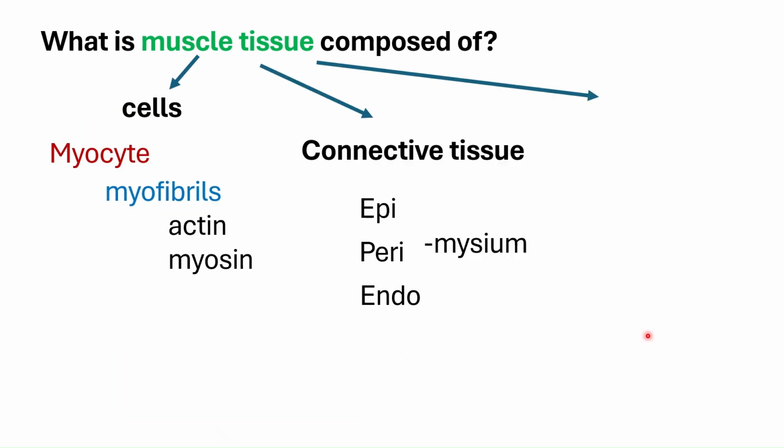Okay. And then finally, aside from the cells and the connective tissue, which organizes your muscle fibers into sub-bundles and main bundles, we would also have the presence of your blood vessels and nerves, which play a role in maintaining the function and contraction and relaxation of your muscles, as well as in the provision of transport of nutrients and other metabolic substances needed by your muscle in order to function correctly.